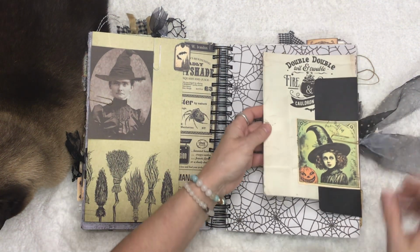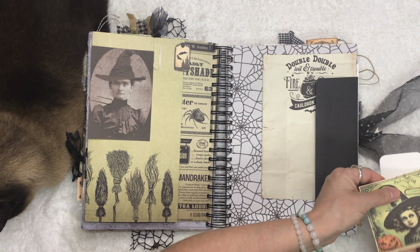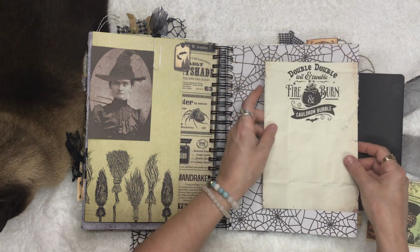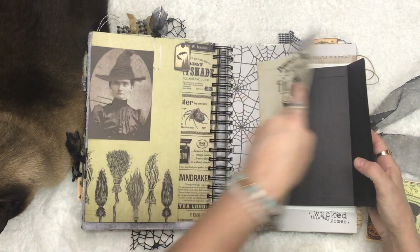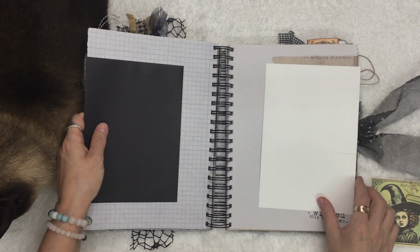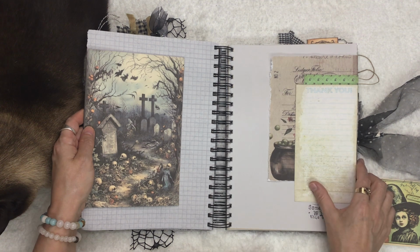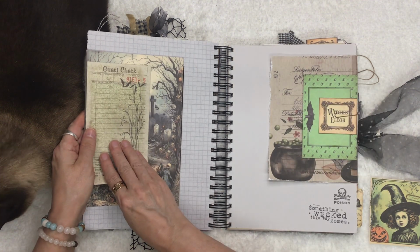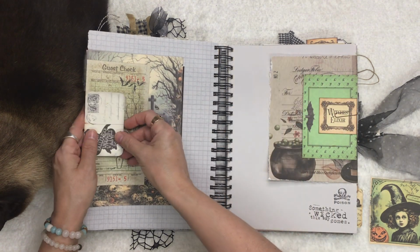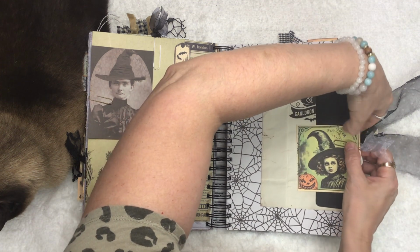Then this is regular paper. And then here we have, I just have a black envelope. This is cardstock. So this goes here on the spider webs. And then you flip it over, and I had this envelope with this large, ta-da, graveyard tag here, and another spooky guest check there, and then a little teeny tiny witch's postcard there. So this gets all put in together here,